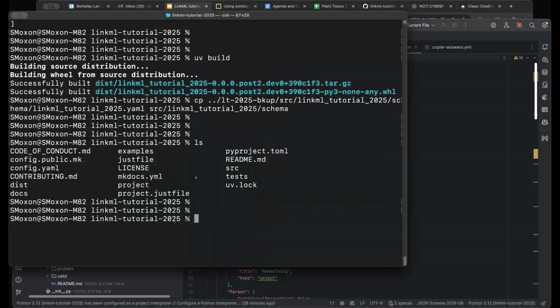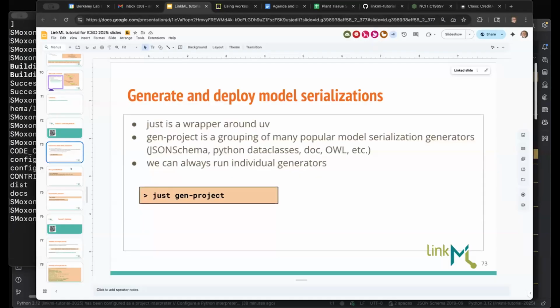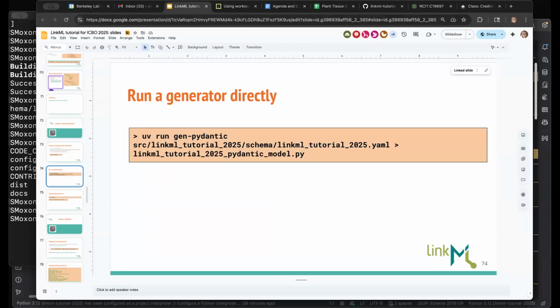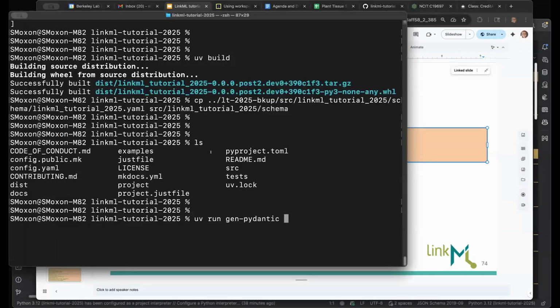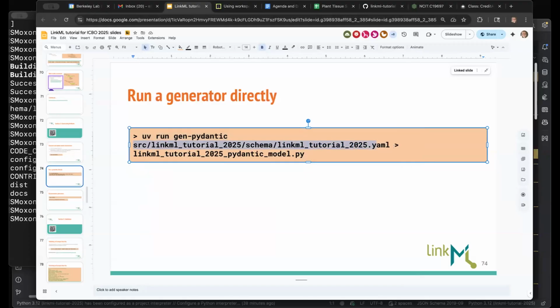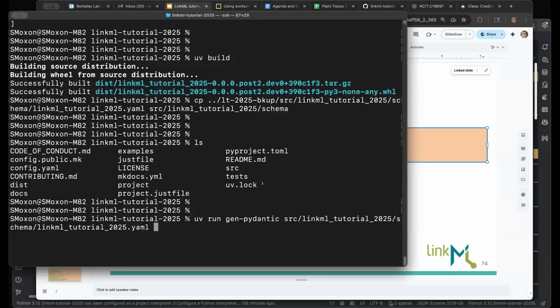But if I also just want to run one particular serialization, I can do that too. So let me show you how to run just the Pydantic serialization of our model. So I'm taking the YAML file I made and I'm turning it into Pydantic data classes, which are a form of Python data classes that a lot of people use in applications to help constrain the code that works on a model. So I'm telling uv,